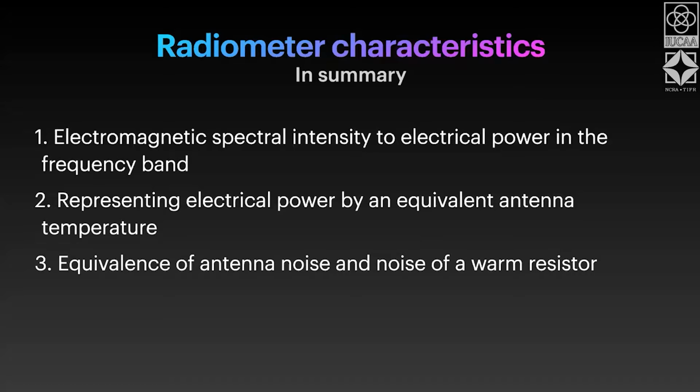And then we'll also see the equivalence between antenna noise and the noise of a warm resistor. Together, it will form a consistent set of ideas that give an idea of what kind of electrical power is generated in the radiometer due to the radiation that is being